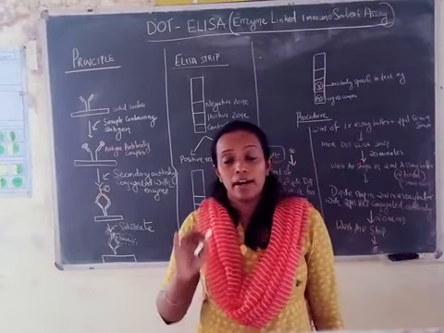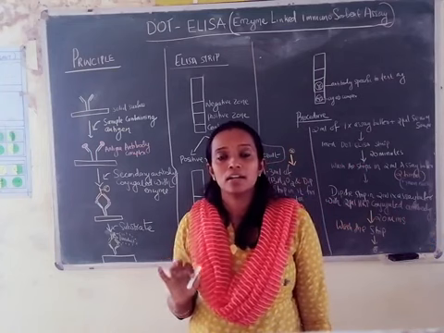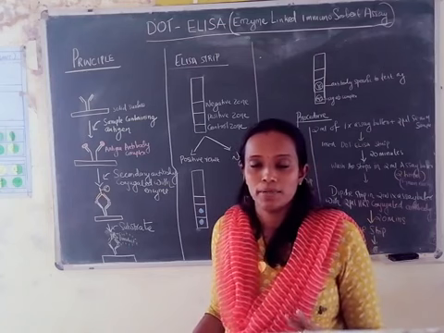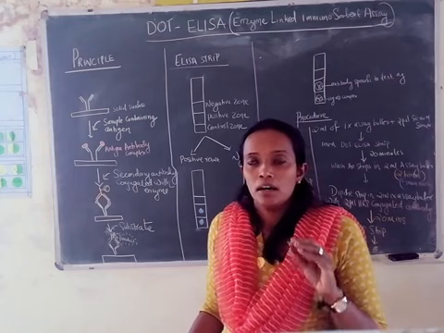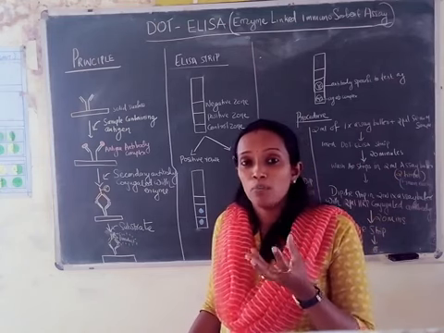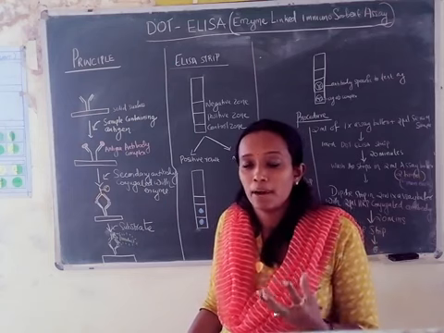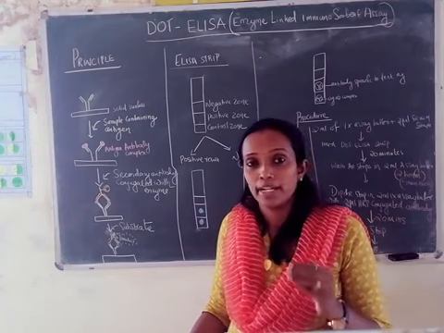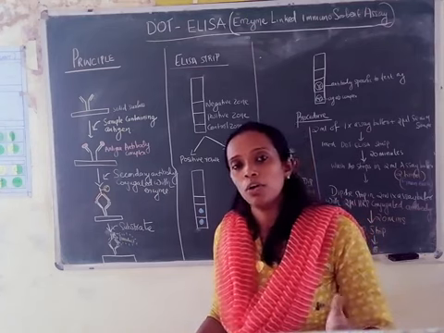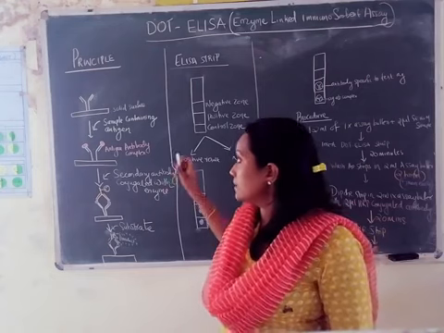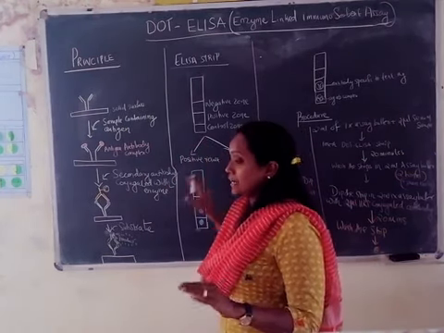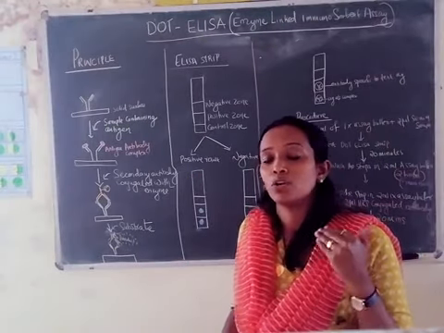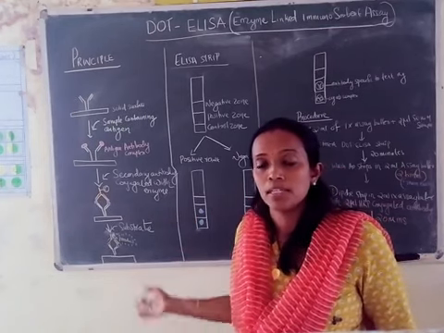The ELISA I taught you in theory, all those techniques are quantitative methods. There are two types of assay. One is known as qualitative assay, another one is quantitative assay. In quantitative assay, you can determine how much of a particular component is there in the sample. But here we are going to do a qualitative method, wherein we are going to identify whether the sample has antigen or antibody. In this technique we are going to find out the presence of antigen in the serum sample. You can check the presence of antibody also in the serum sample by using this ELISA technique.